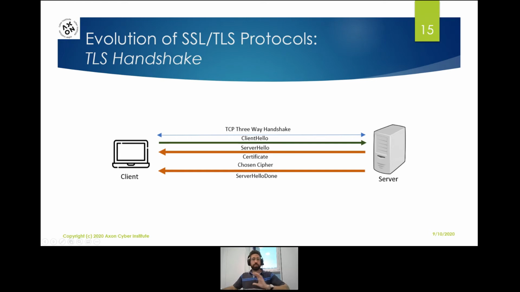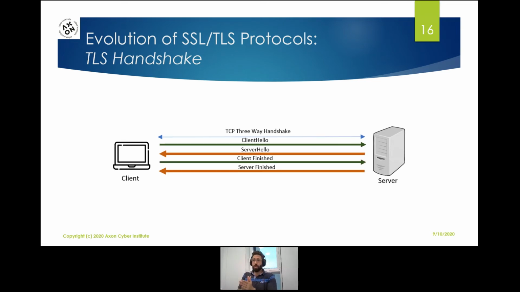Directly after the client hello, the server will respond with server hello, and it will give its certificate. And this is a very important piece of data that the client needs to have. So the server certificate will be pushed to the client along with the chosen cipher. The client has given different options, what it supports. The server will pick the strongest one that it supports, and it will tell it, okay, let's communicate over this particular cipher, and here is my certificate, and then it will send server hello done. Okay, I'm done now with my hello. Now you can evaluate your options, you can evaluate the certificate, and tell me if you want to continue